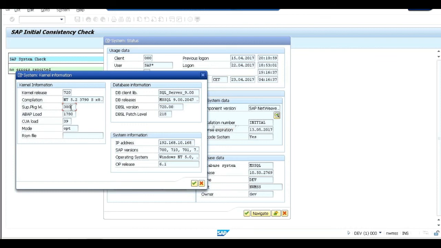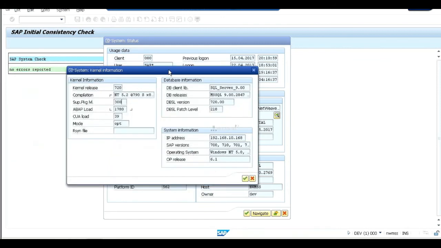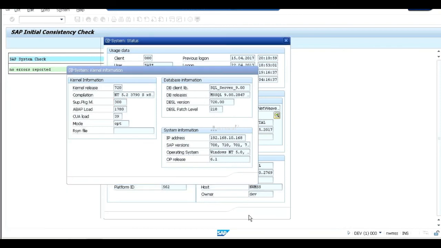In that directory, for the disp+work exe file, you can check the properties in the details. You can cross check. In an interview, if they ask how can I cross check my kernel version at operating system level, tell the disp+work command. Or in SAP level, go to system status. You can cross check here, right?